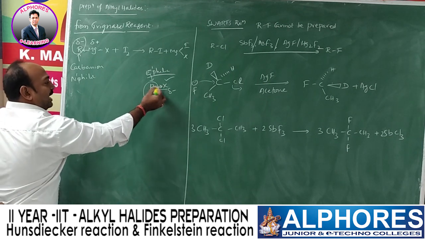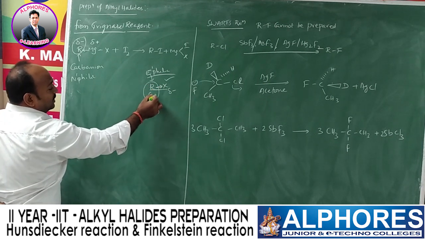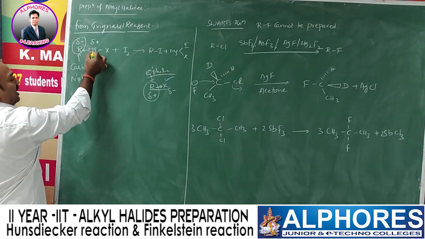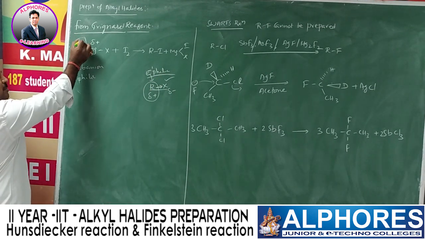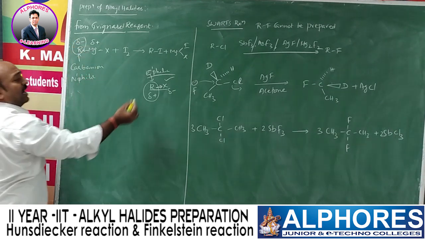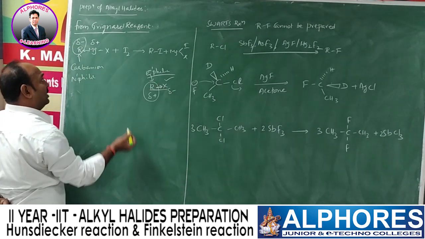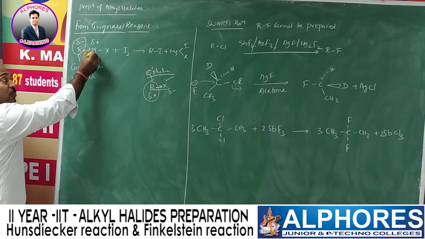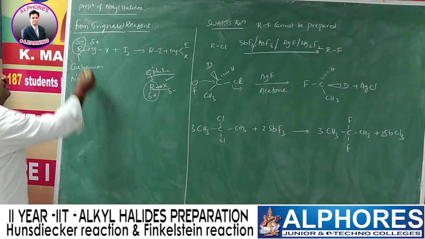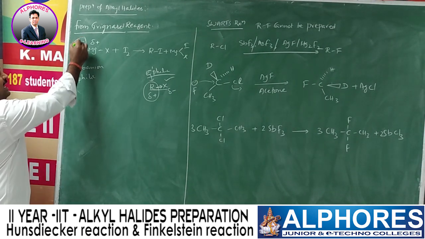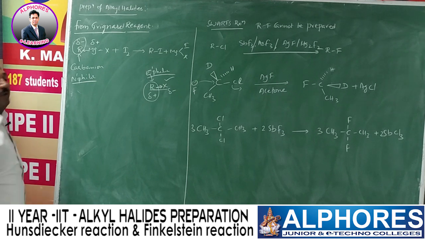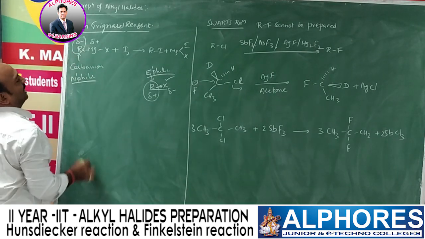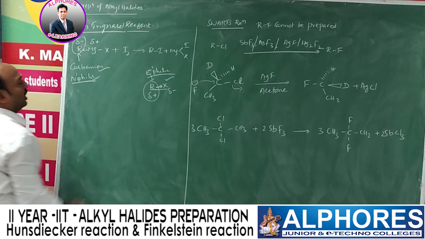In alkyl halides, R-X, the alkyl carbon bears a positive charge, so it has electrophilic character. In case of Grignard reagent, the alkyl group bears a partial negative charge. Why like that? Here the alkyl group is attached to a more electronegative halogen, while there it is attached to a less electronegative or more electropositive magnesium metal. Hence this one bears a negative charge. Being negatively charged, it likes positive charge, that's why nucleophilic character. In Grignard reagent, the alkyl group acquires a partial negative charge, or carbanion character, or nucleophilic character.